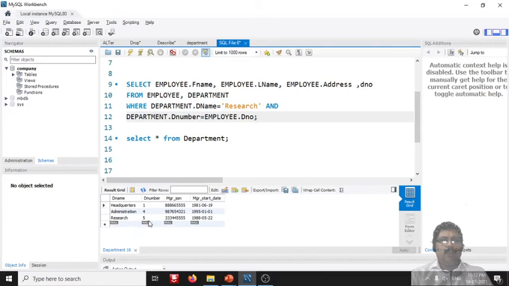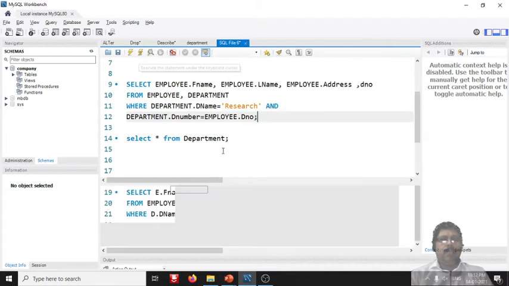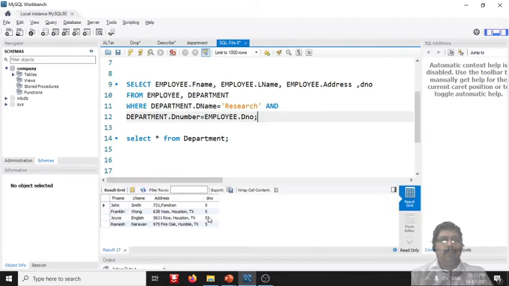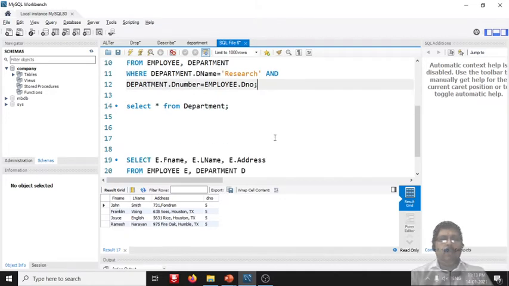That join is done using the department number between the department table and the employee table, simply department.dnumber equal to employee.dno. It will pick the research department, which is 5, and the two tables are joined using this D number and DNO, and it will display all the employees belonging to department number 5 from the employee table. So this is how we can join two tables.